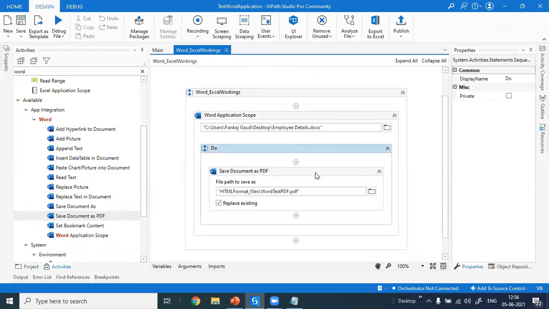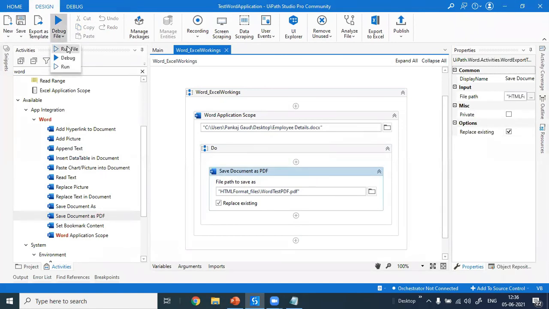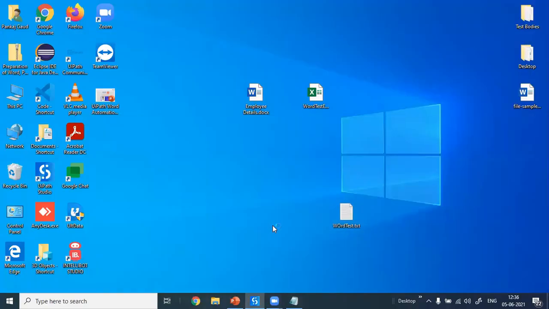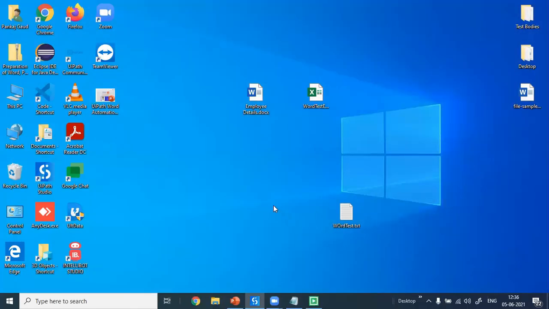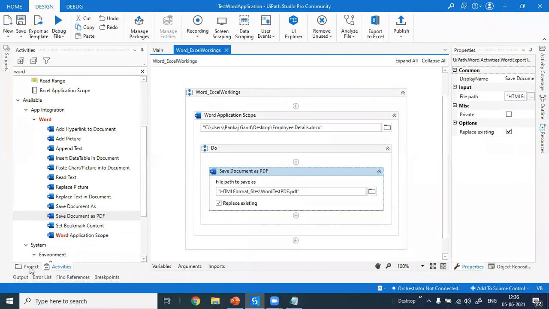The same document will be saved in the PDF file. So let's see.